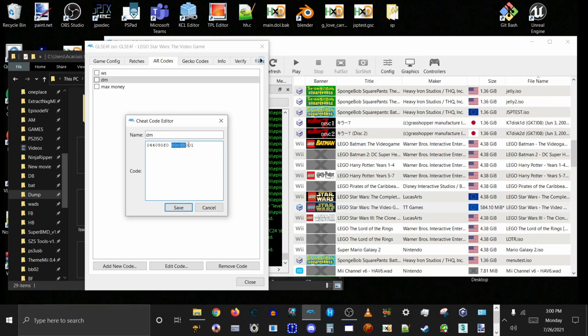Address and RAM value. Okay, so what we're gonna do with this is patch the code into the game's executable so that it will always have the debug menu regardless of whether you have the code enabled or not. So what we're gonna do is copy the RAM address,